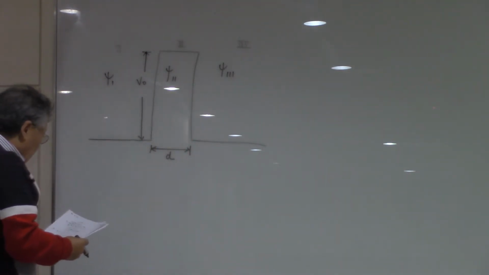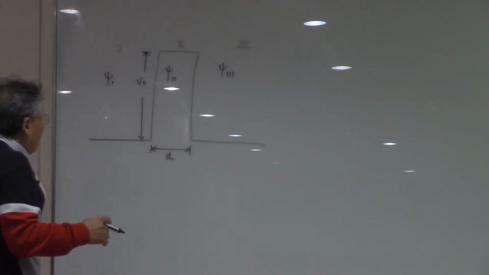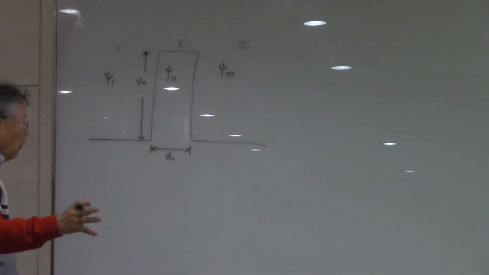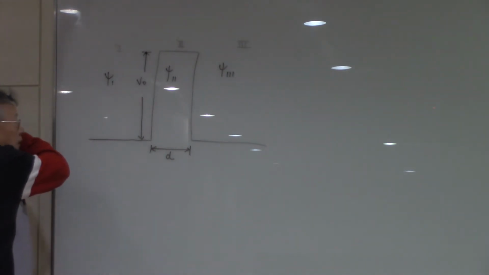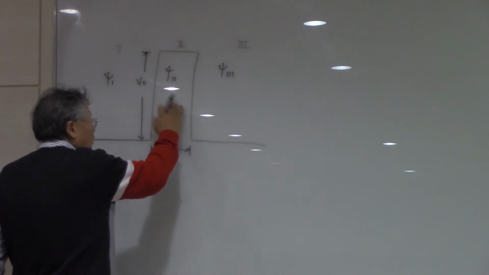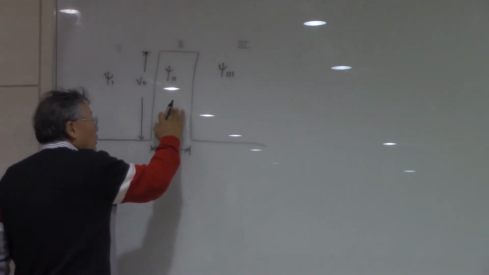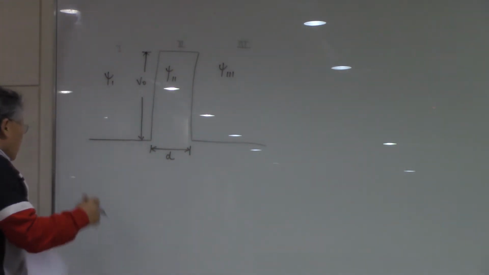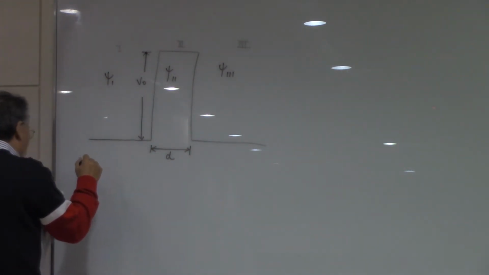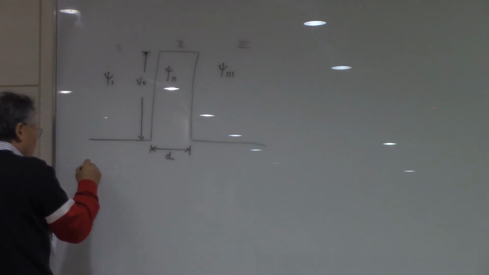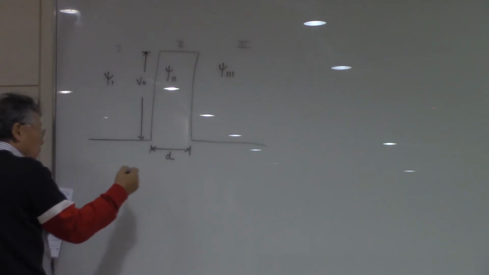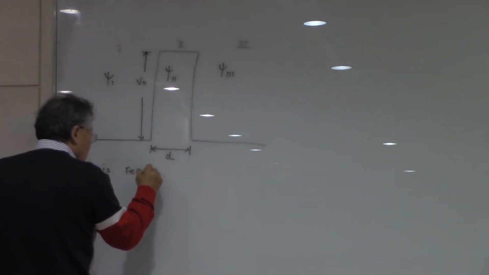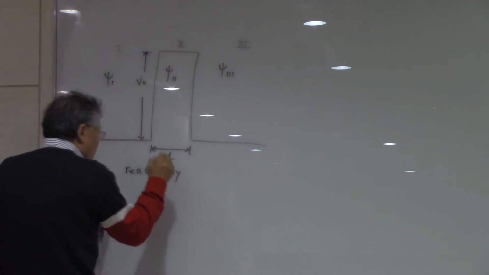First, we have to think that d is reasonably small so that the waves can pass through region 2 and reach region 3. And obviously, in a general case where d is reasonably small,